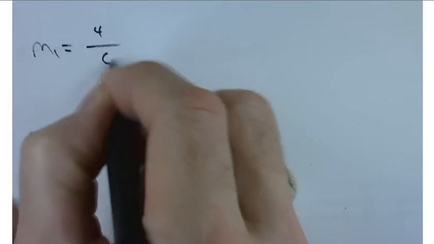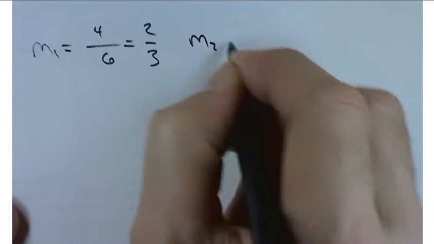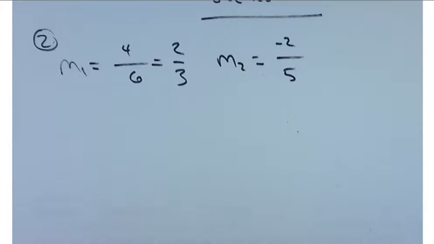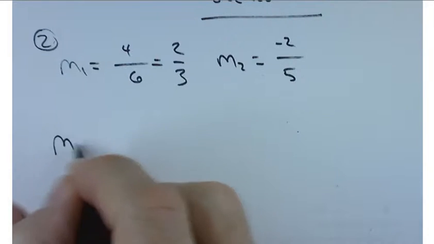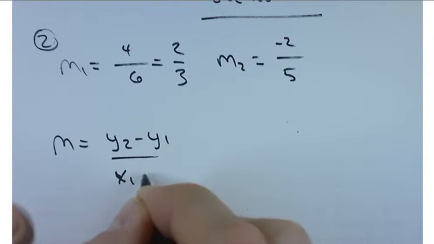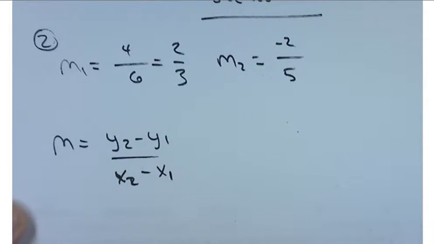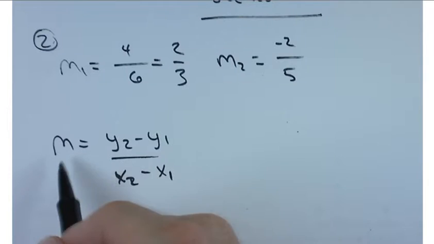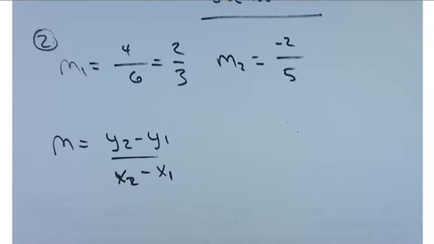So we had 2 lines, call them M1, with a slope of 4/6, or better yet 2/3, and M2 with a slope of negative 2/5. And that's what they're looking for in problem number 2, for you to estimate the slopes of those lines. Now we did that by using a couple points to come up with the slope of a line. The slope of a line has a formal definition: the slope of a line between 2 points is y2 minus y1 over x2 minus x1. The m is used because I think it stands for monter, which is French for to climb. In any case,